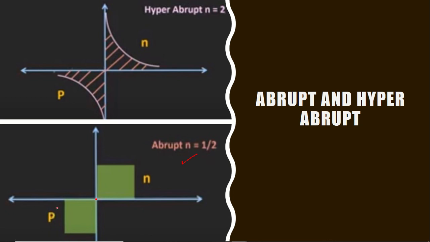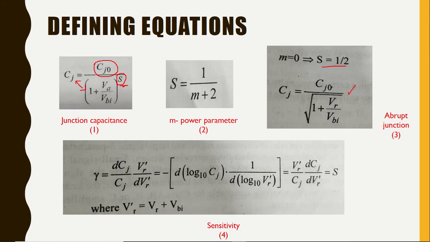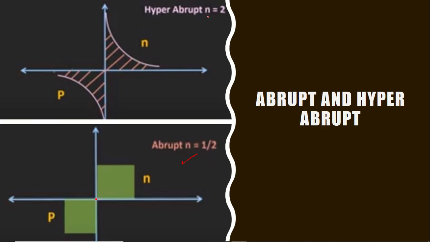So here it is totally holes, we suddenly come to 0, we totally go to electrons. So since there is an abrupt transformation, we call this an abrupt region. Similarly, when we take S is equal to 2, here it is written as N, it is actually S. When we take S is equal to 2, it helps us form a hyper abrupt junction.